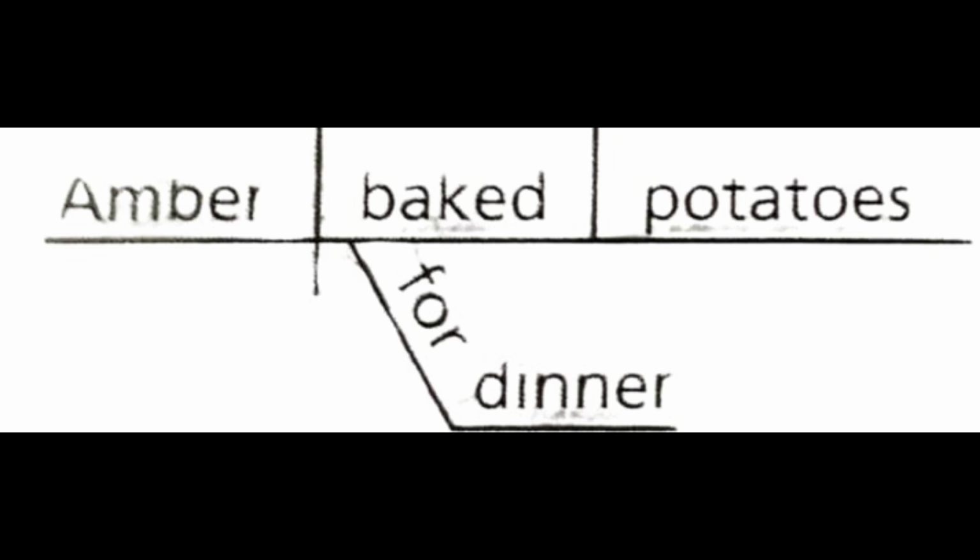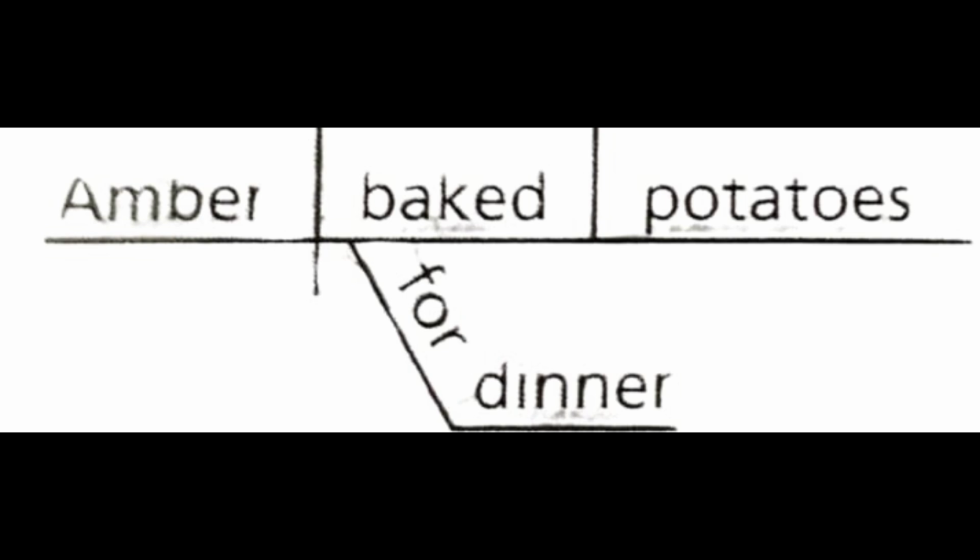So let's break down the specific diagram. The main horizontal line, or the baseline, is the foundation of the diagram. So the core elements of the sentence, the subject, the verb, and the direct object, sit on this line. The main vertical line divides the subject and predicate. So this line cuts through the baseline, separating the subject of the sentence from the predicate.